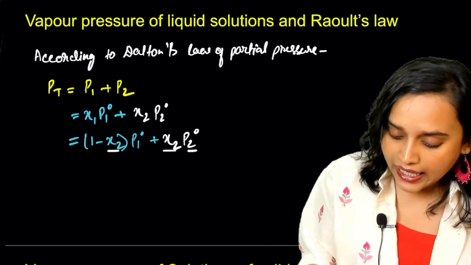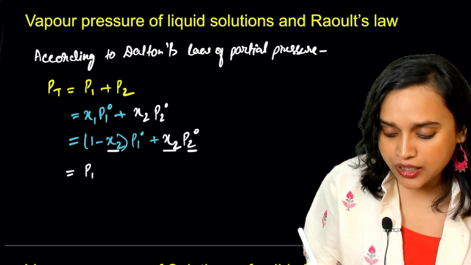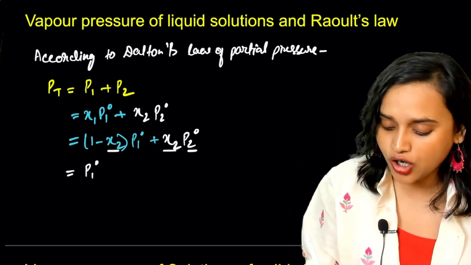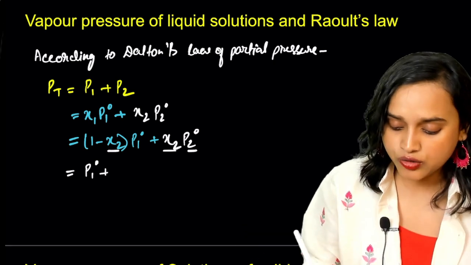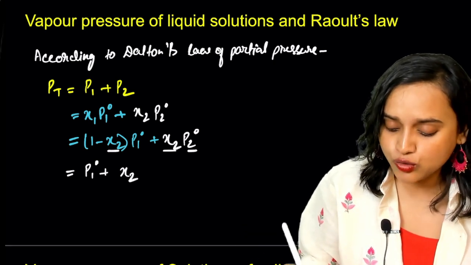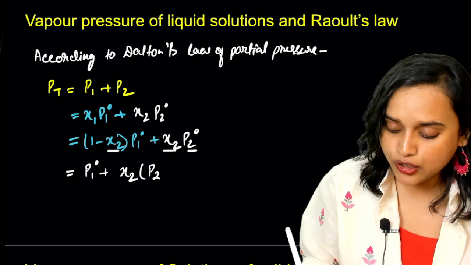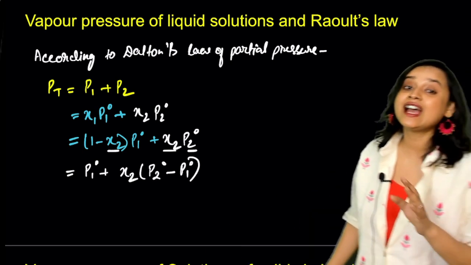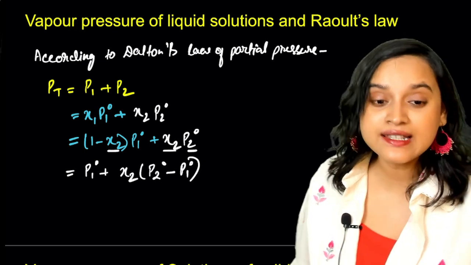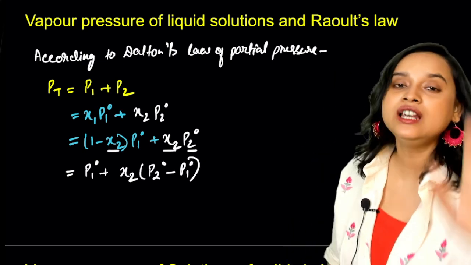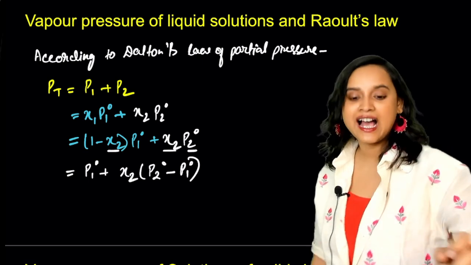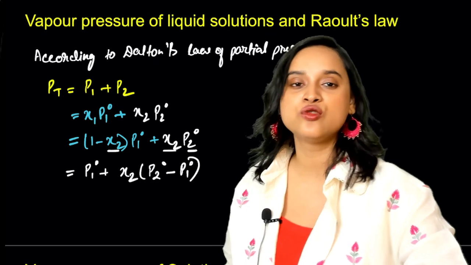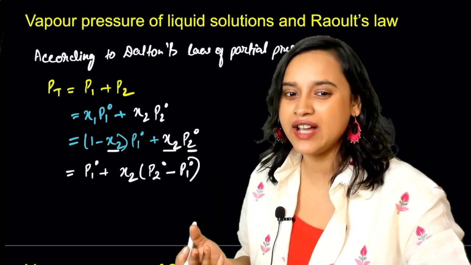Yes. And in this case, I can also take P1 naught common, let's say. Okay, no, I'm not going to take P1 naught common. I'm just going to separate it out. Now I can take chi2 common and I can write P2 naught minus P1 naught. Can I do this? You tell me. I can very well do this. Is that right? Now, shall we draw the graph and see it once?